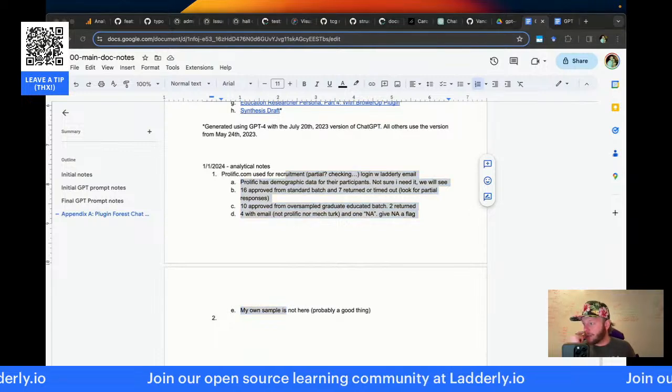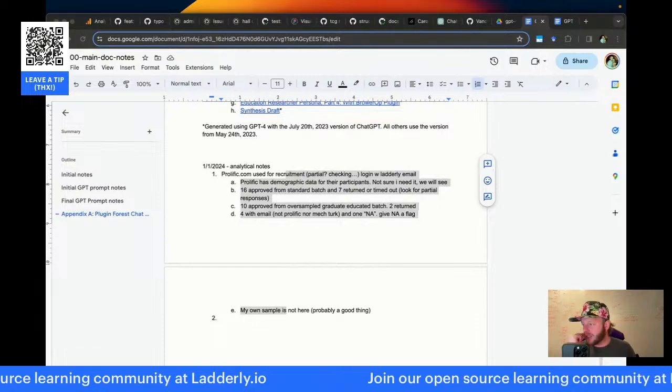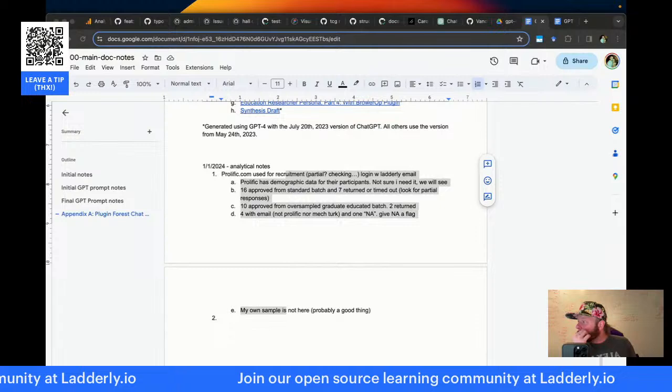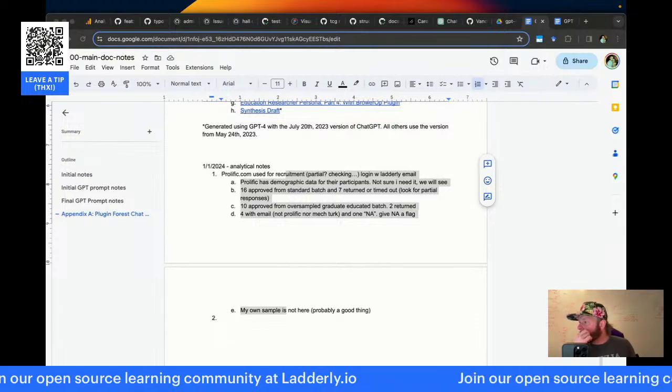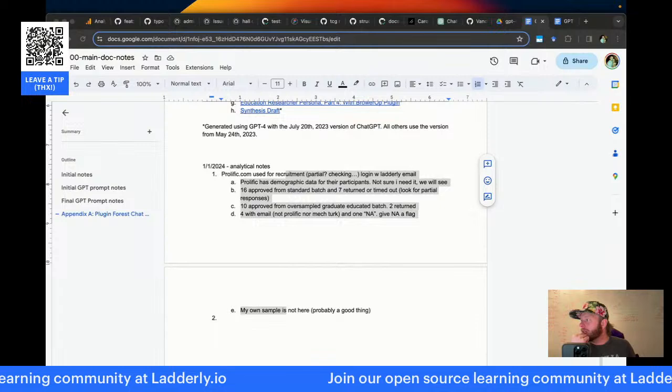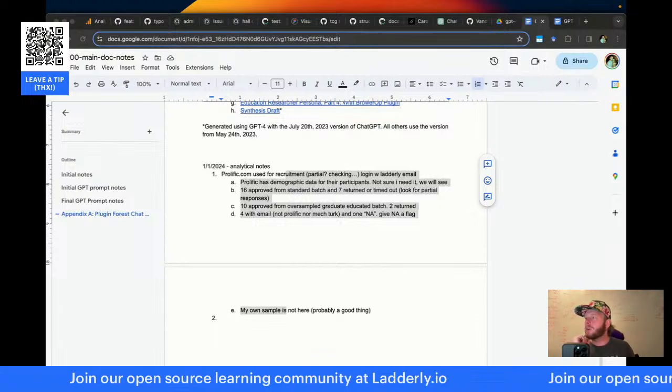That would be good for now. Let me record a map of these emails to some anonymized IDs. Oh yeah, I don't need to. I can simply use their row number.